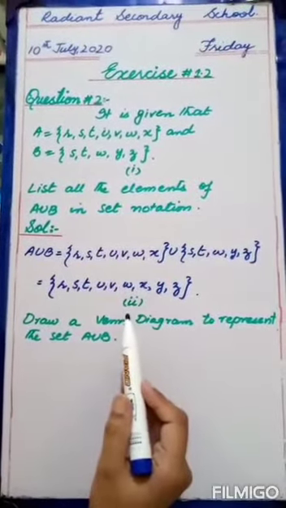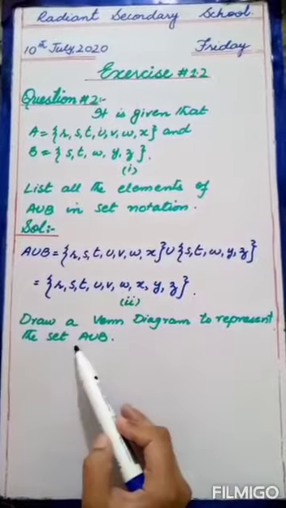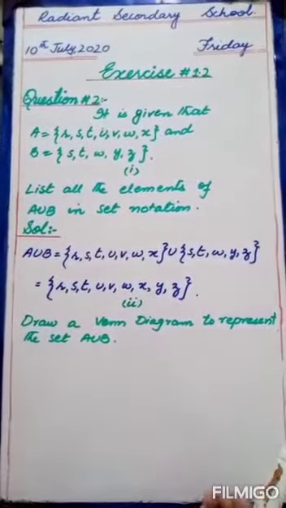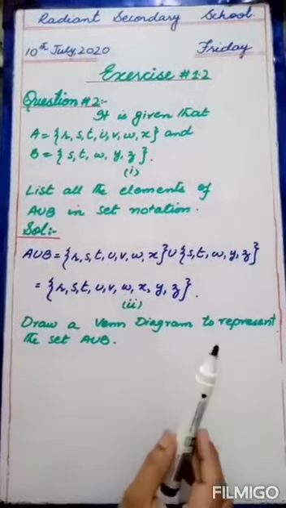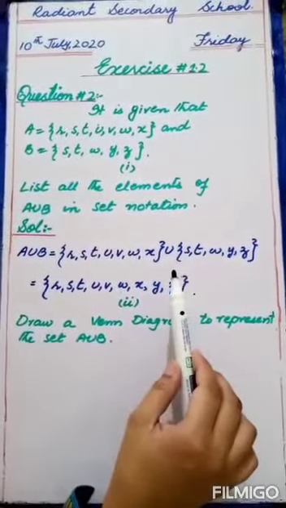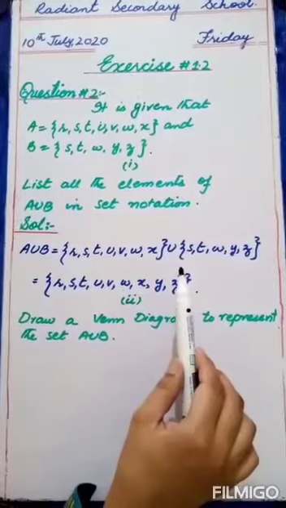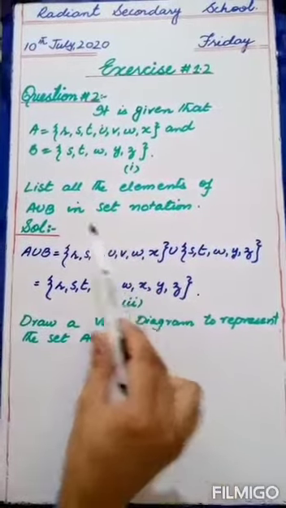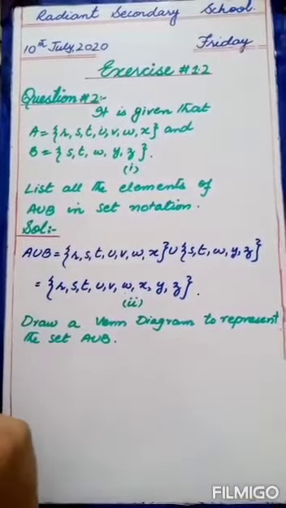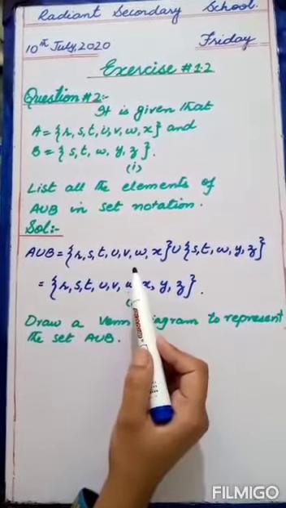Okay students, now this is part number 2. In part number 2 we have to draw a Venn diagram to represent the set A union B. We have taken A union B. Now we have to make its Venn diagram. First of all, I have told you how you have to make the Venn diagram. With the help of the sets, you will judge which type of diagram you have to make. We have 3 cases. So first of all, with the sets, you have to judge the case of the Venn diagram. Now first of all we will see if there are common elements or not. You can see that S, T and W are common. So this is not a disjoint case.